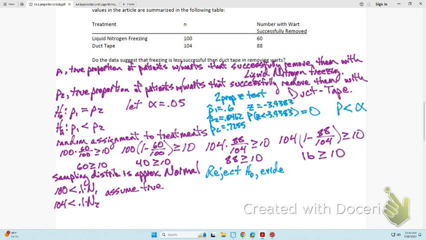Evidence suggests the true proportion of these patients, it wasn't a random sample,